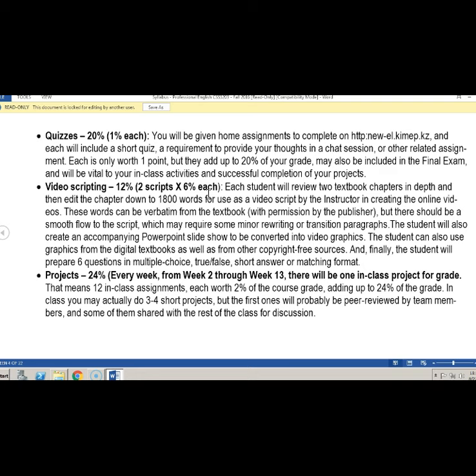And so from 30 pages or so of chapter, you will whittle that down to 1,800 words, which is, by our calculations, about 5 pages. So you may start with 30 pages and have to end up with 5 pages, because that's going to become my script to do a video for the whole class.